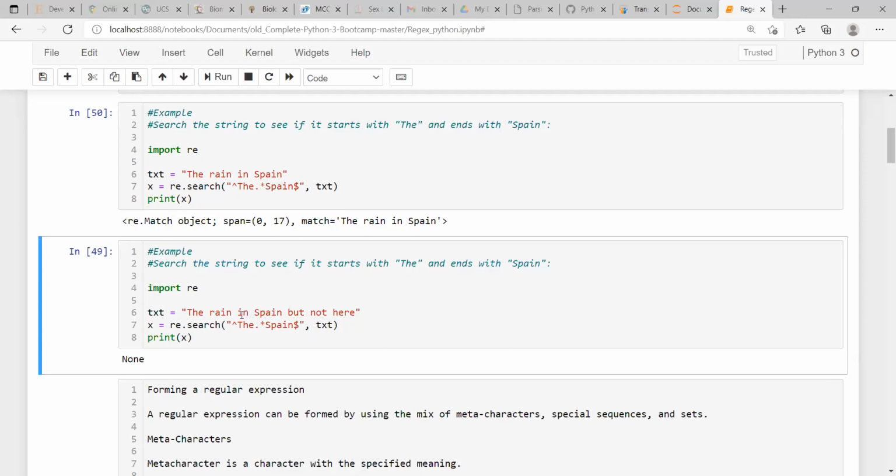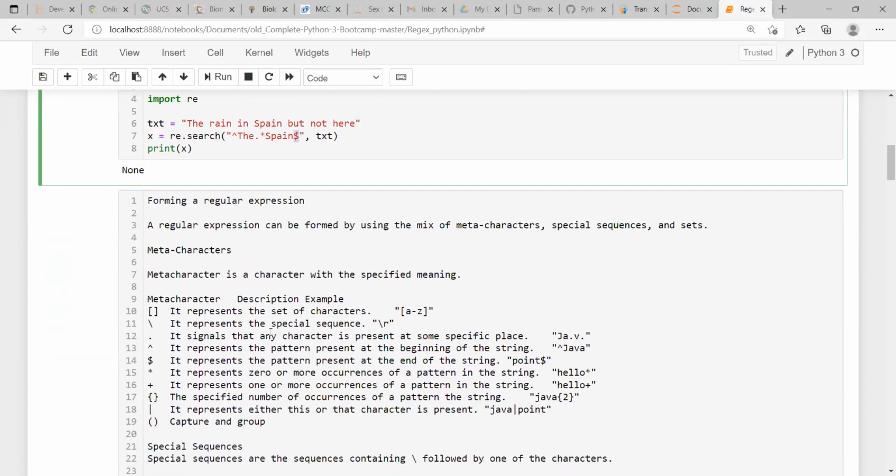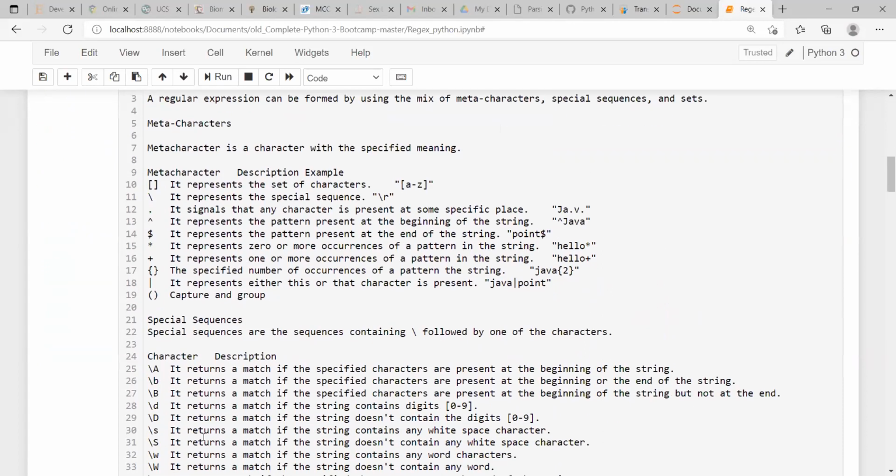That means it is not finding the word Spain at the end of the string, because you specified with the dollar symbol that it will be at the end. So this is a simple example of how we can construct the regular expression pattern and search for our desired string. There are multiple options available for that.